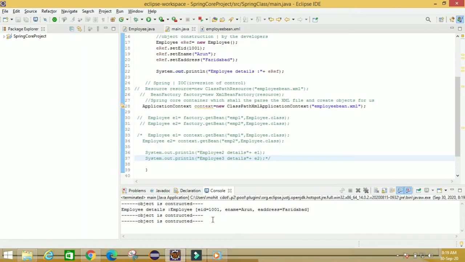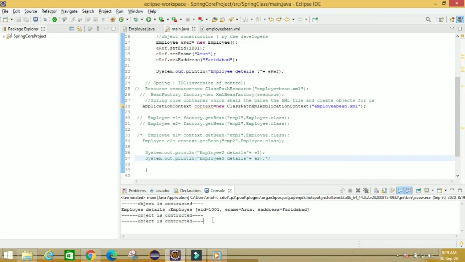We have seen that in Bean Factory, if we haven't given the request to getBean, then the object is not constructed by the Bean Factory. But in the case of application context, although we are not giving the request for the bean, it is creating the object for us.